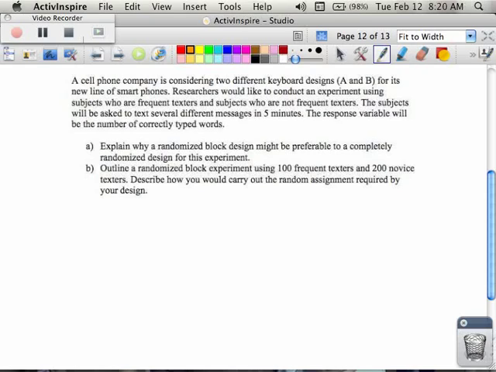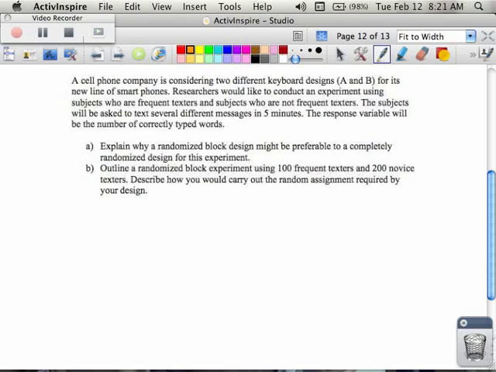So as we look at this, a cell phone company is considering two different types of keyboards. I don't know, how many people here have a touch keyboard on their cell phone? Okay, so a lot of you. How many have just the slider or the clam keyboard? Anybody have a flip phone and use that? Okay, so a few. So depending on the keyboard, oftentimes determines how fast you can text and maybe the responsiveness